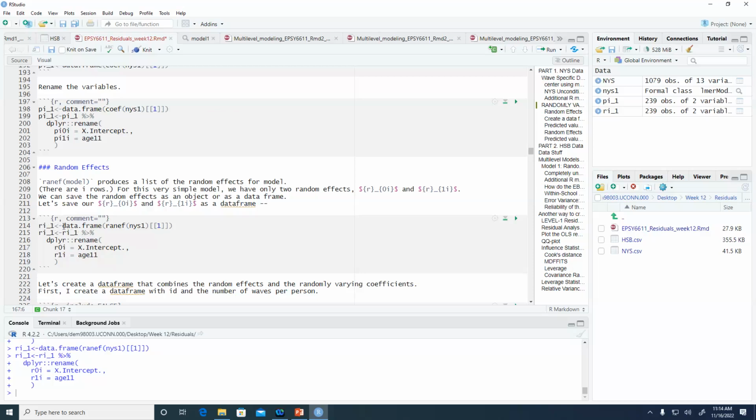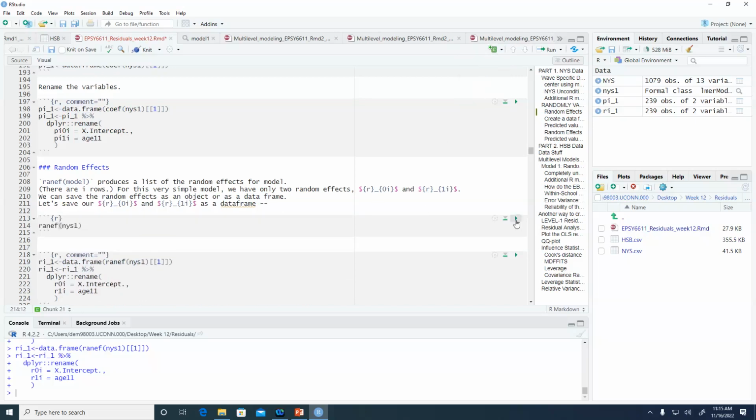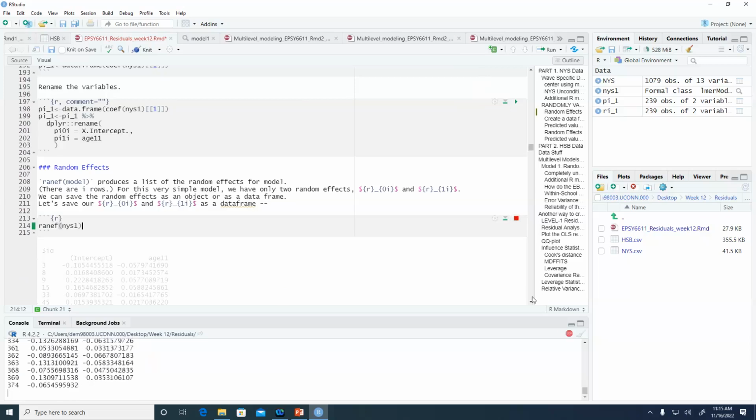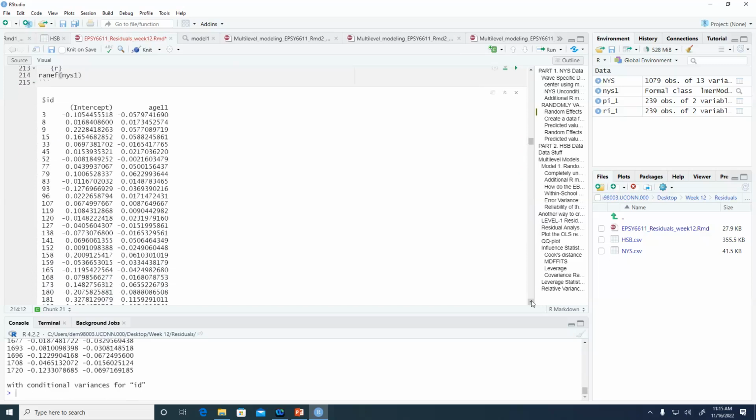So the random effects for model 1, in the data frame, and to get the random effects out, it's just random. So if, for example, I just wanted to see them, which I should have probably done. There we go. It's random effects for NYS1. All right. So here are the random effects. So these are my R's, right? My R sub naught J,